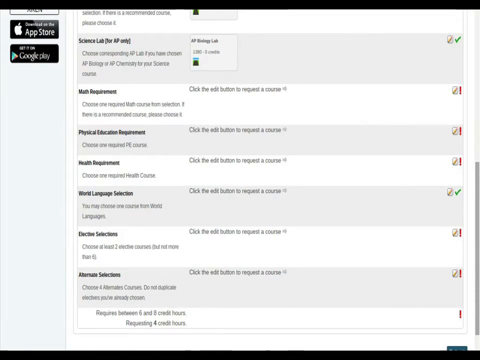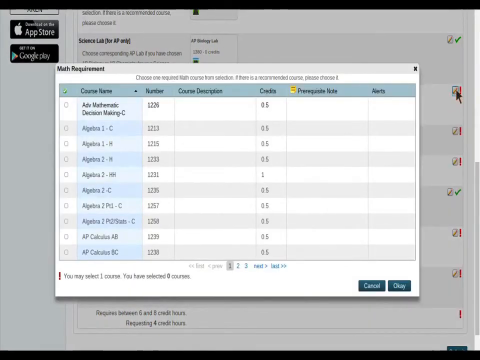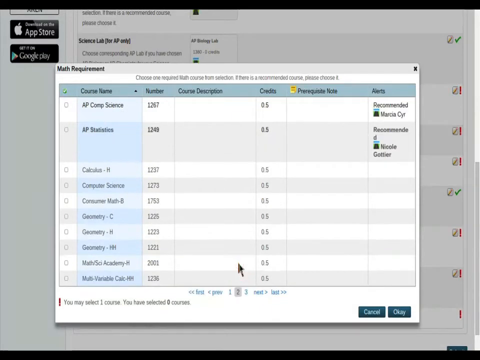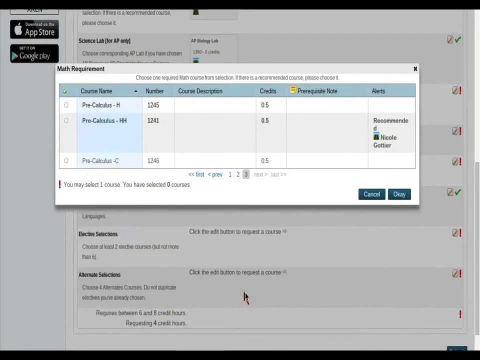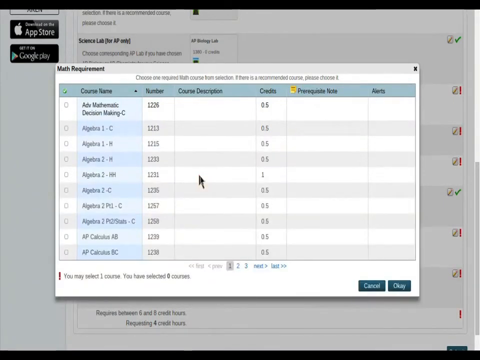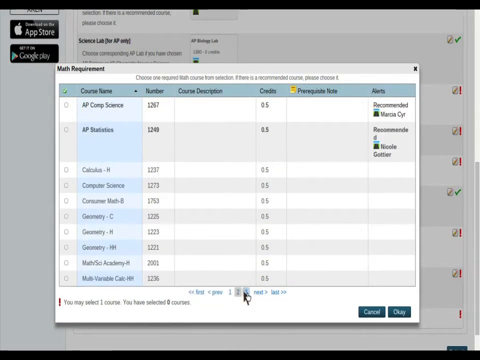Now that we've completed science, we will move on to math. We will click the pencil to open our math options. Now in this case, as you'll see, the courses that I was recommended for were not necessarily on that first screen. So if you look at the bottom, there are some subject areas where there will be multiple screens that you can click through to look at your options. In this case, I have 1, 2,